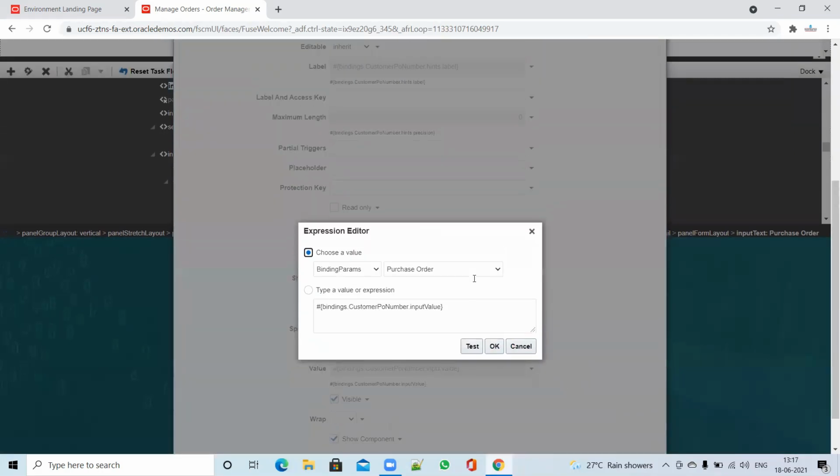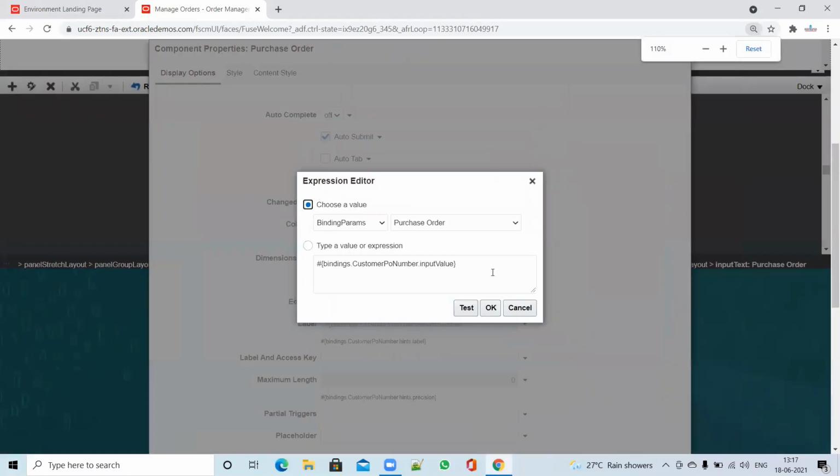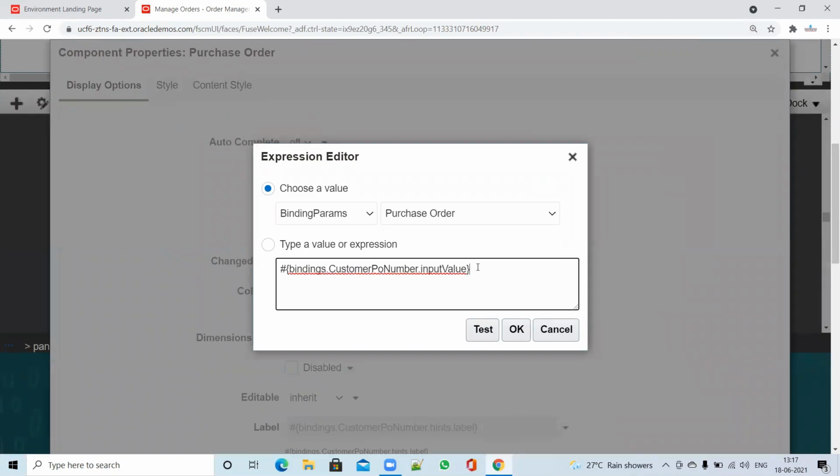Now I will zoom in a little bit so that it will be easy to see what I have mentioned. Now I will type the expression: securityContext.userName.